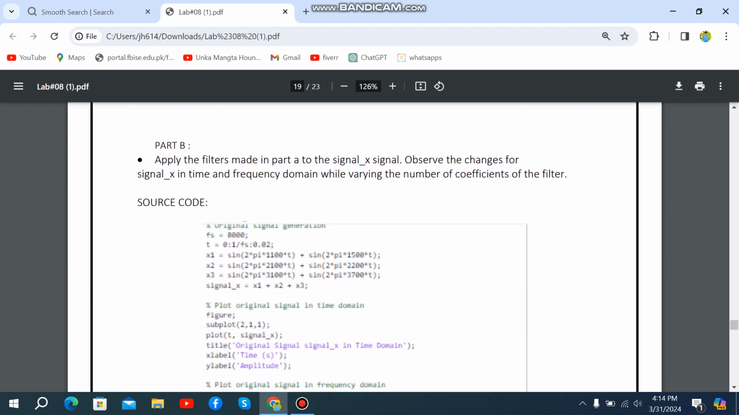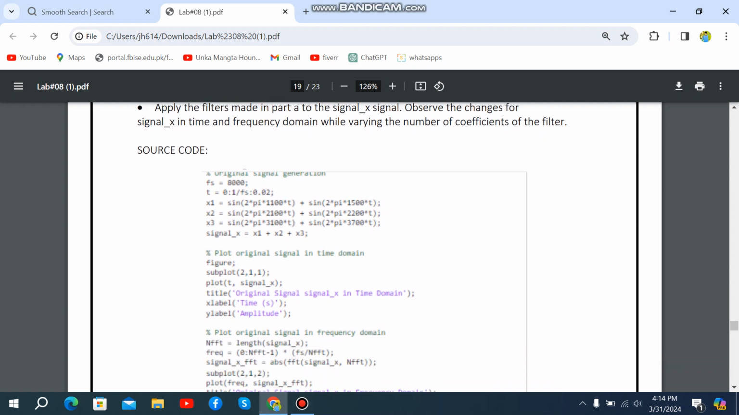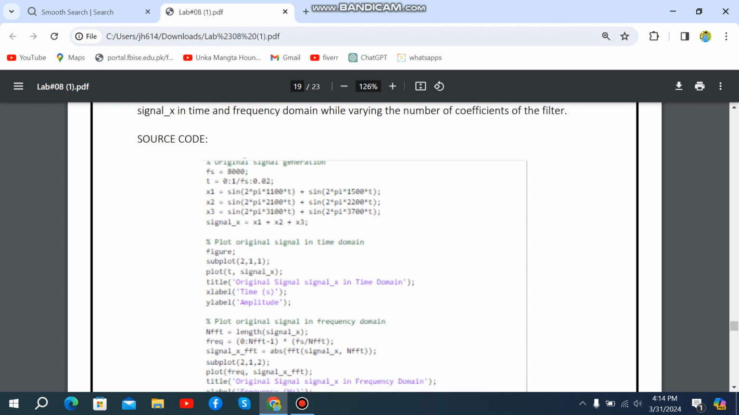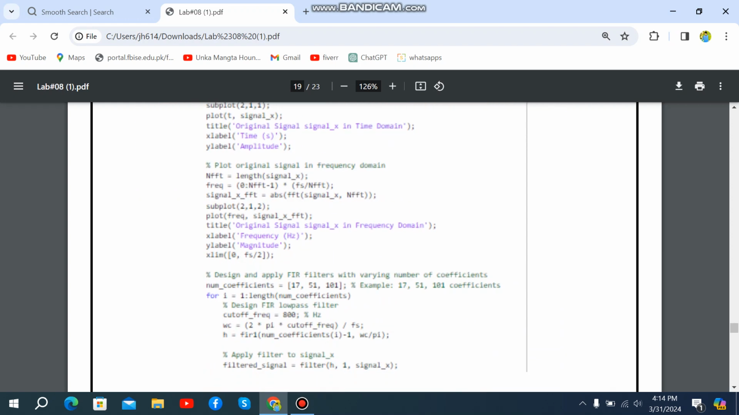Now part B: apply the filter made in part A to the signal x next signal g, and observe the change for signal x in time and frequency domain while varying the number of coefficients. We define the original signal generation. We define frequency, time domains, three signals and a combined signal. Then plot the original signal in the time domain, then plot the original signal in the frequency domain, then